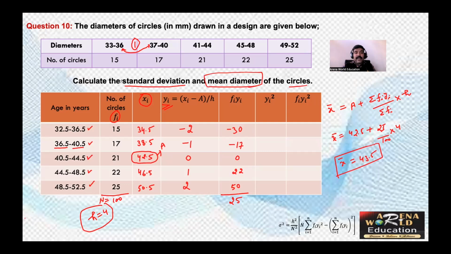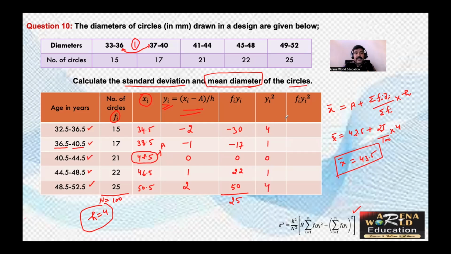So now we will find standard deviation. Before finding standard deviation, we will find variance. And this is the formula to find variance, because standard deviation is simply the square root of the given variance, right? So what will be the next step? In the next step, we will find Yi square. So these are Yi and we will find the square of every number. Minus 2 square, that will be 4. Minus 1 square is 1. 0 square is 0, 1 square is 1, 2 square is 4, right?